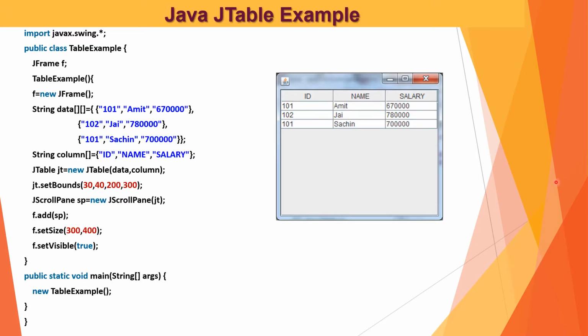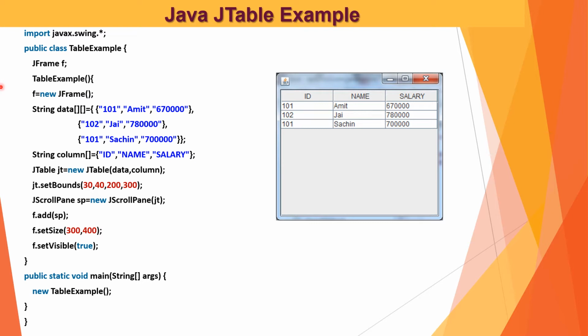Now let us discuss this example of JTable. The public class TableExample will use a JFrame, and we first have to set the frame.